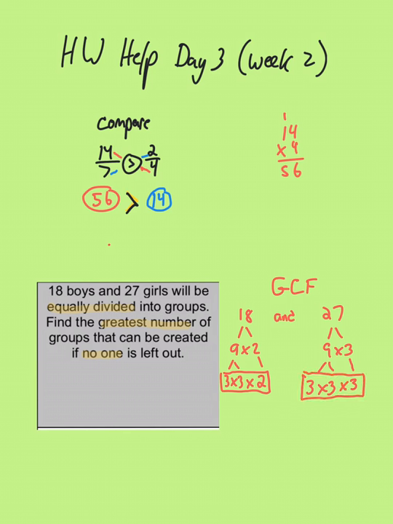And now I'm going to go and circle all of my twins. So this 3 has a twin over here. This 3 has a twin over here. And this 2 does not have a twin. So my only twins are 3 and 3. So to find the greatest common factor, you multiply those two twins together. 3 times 3, which is 9. So the answer is 9